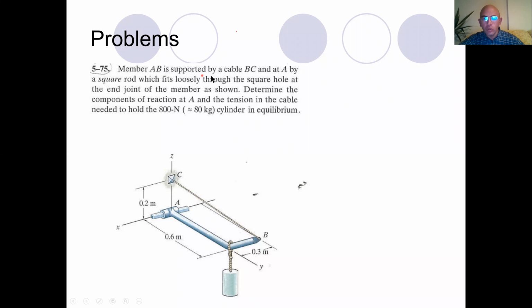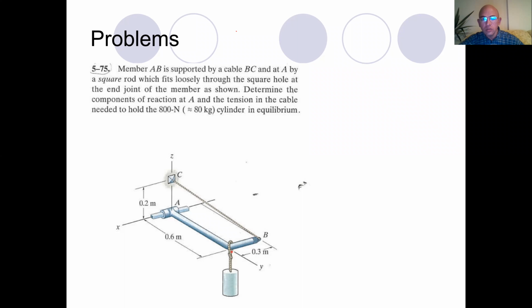Member AB is supported by a cable BC and at A by a square rod which fits loosely through the square hole at the end joint of the member as shown. Determine the components of reaction at A and the tension in the cable needed to hold the 800 Newton cylinder in equilibrium. So we are given a